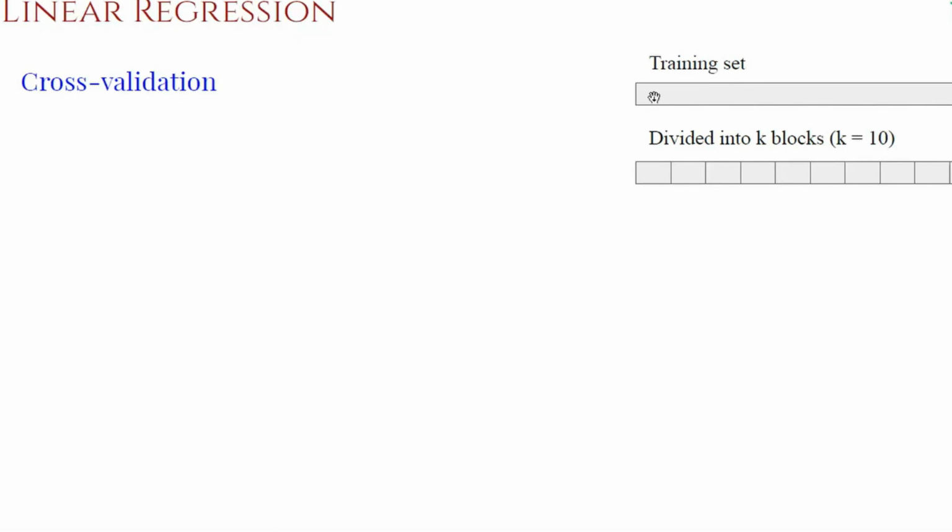That means this is totally 80 data, so we have 8 data each in the blocks. So we have 10 blocks consisting of 8 data. In the first fold, we will take the first block as validation data and use the remaining 9 blocks as the training data set. That means 9 times 8, 72 samples go as training data, and these 8 samples are used as testing data. So in a cross-validation scenario, this will be referred to as the validation data set.